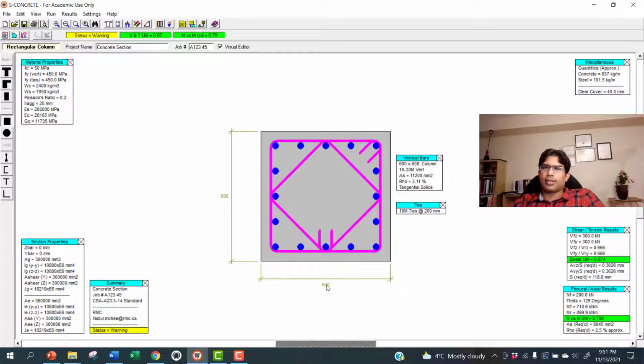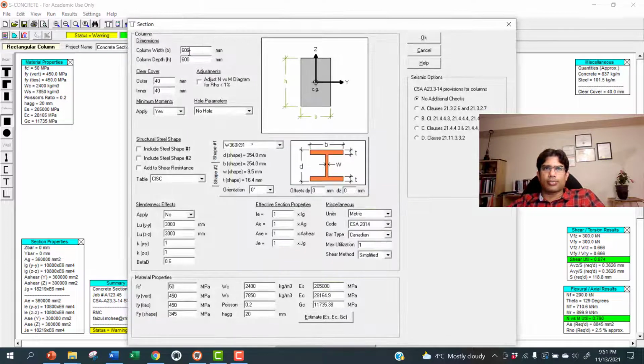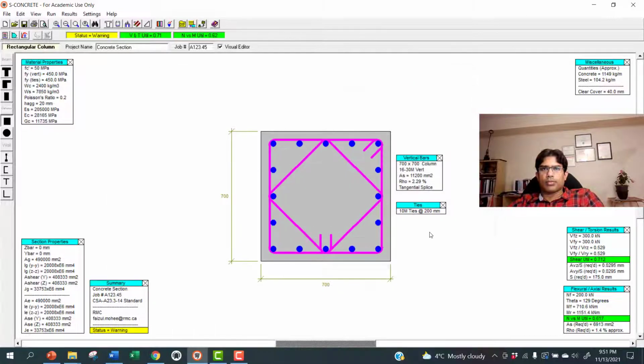The only way to get rid of it is to play with different numbers. We can try one more time to increase the concrete dimension and see if it goes away or not. It still doesn't go away, but it became over costly, over designed.